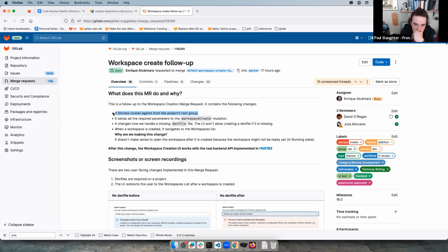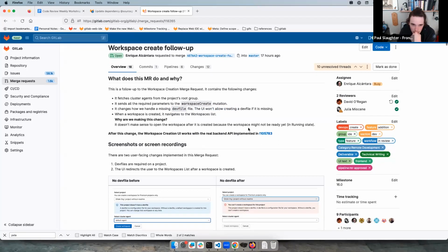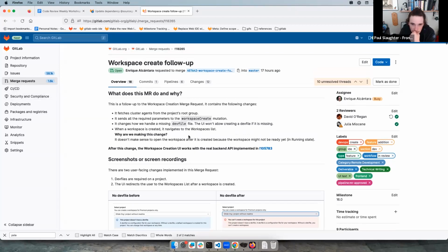Fetches cluster agents from the project's root group. Sends all the required parameters to the workspace create mutation. We handle a missing dev file. Workspace is created. It navigates to the workspaces list. Okay. After this change, the workspace creation UI works with the real backend API implemented here. Okay. So